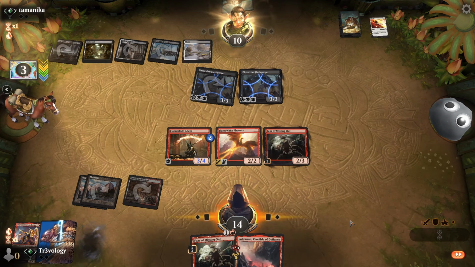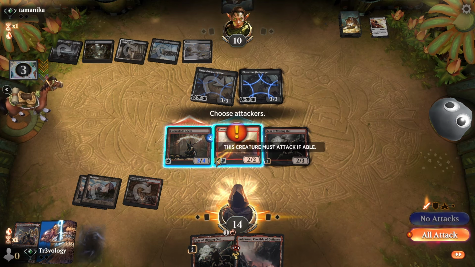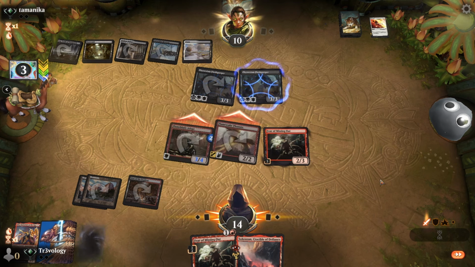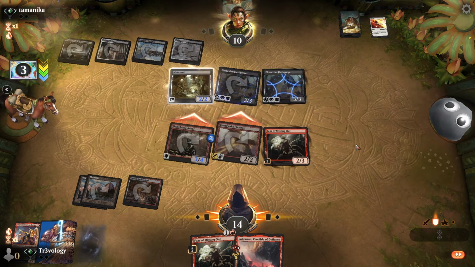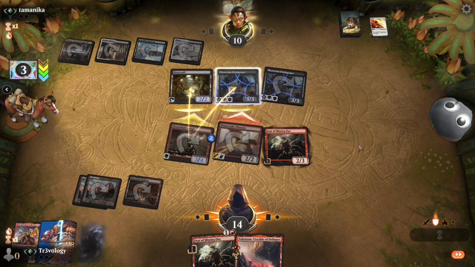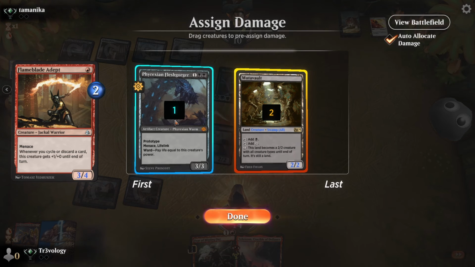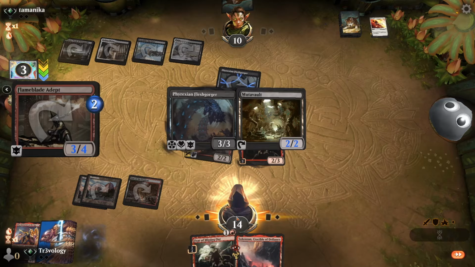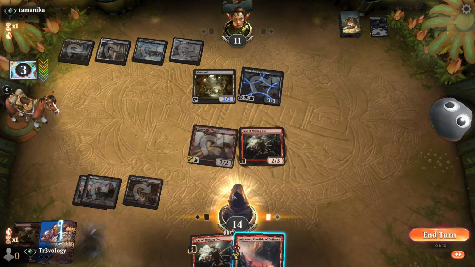Okay, this is an interesting one, right? I mean, we kind of have to attack because we can't block. We could potentially block with the Adept, but trying to double block one of these doesn't seem good. They have Mutavault. They're going to double block here. Interesting. This provided us with an opportunity to trade with one of these. I'm going to do that and hope we're kind of gambling the last card in our hand is not a reanimation